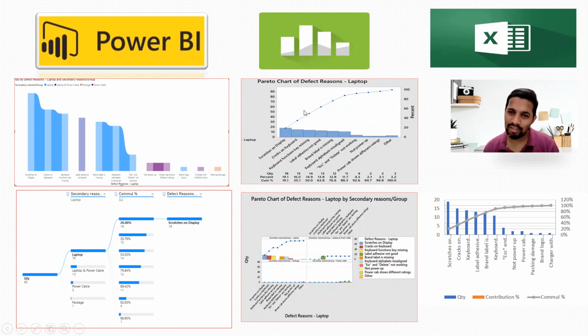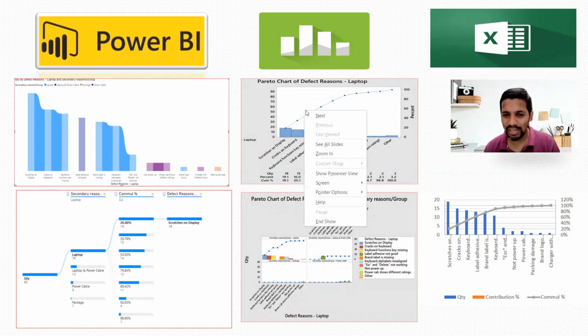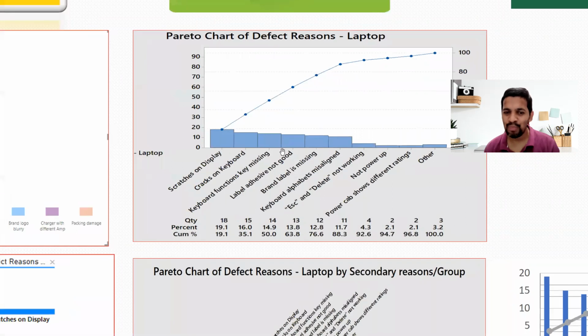Let's see what we can see in Minitab. Minitab is a very fast tool, and by default, just 3 columns. One column is called issues. Another column is called quantity. Another column is called secondary issues. When you give it, automatically within a few seconds, maybe less than 10 seconds, it draws the chart. So here we don't need to do much declaration and creation of dynamics and all that. So this is how the default Pareto chart comes out.